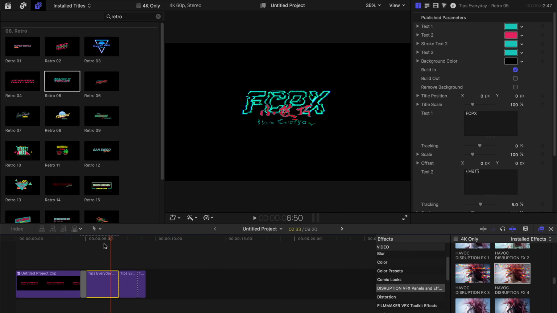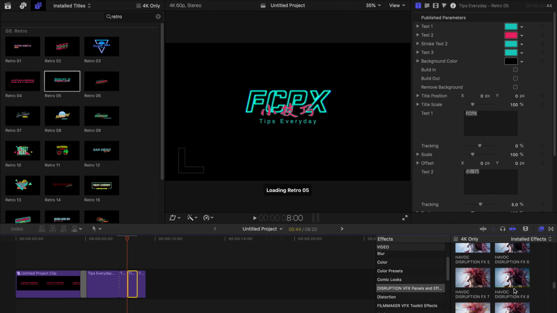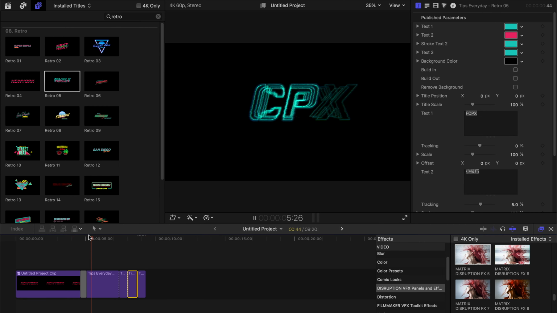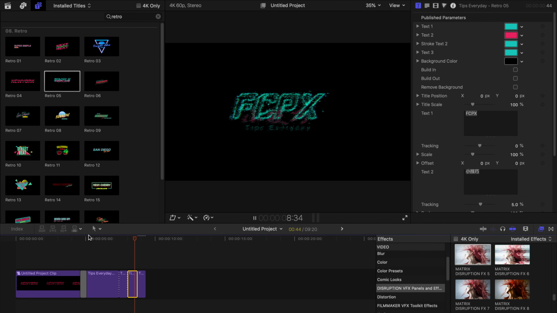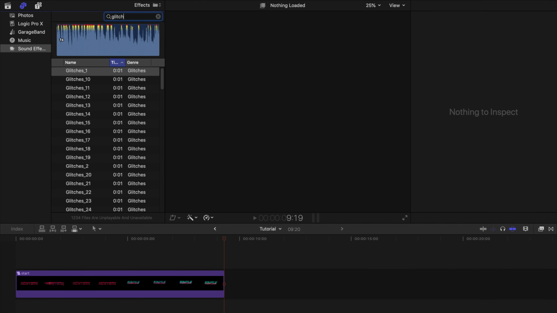And go back to the first part, select build in. And then in the middle, you cut it again. On the third clip, you put another glitch effect onto it, and put the fourth glitch effect onto the ending of these 4 clips. After you're done with everything, you can choose to make it a new bigger compound clip